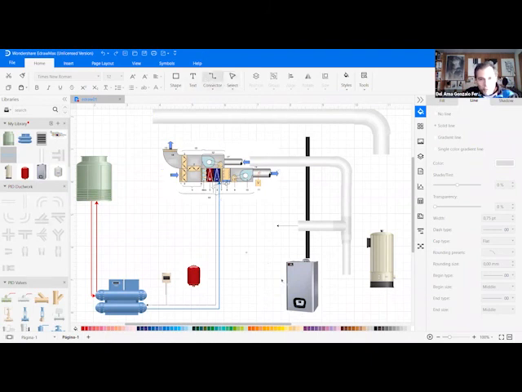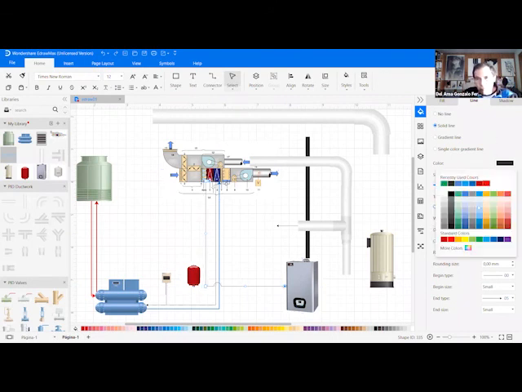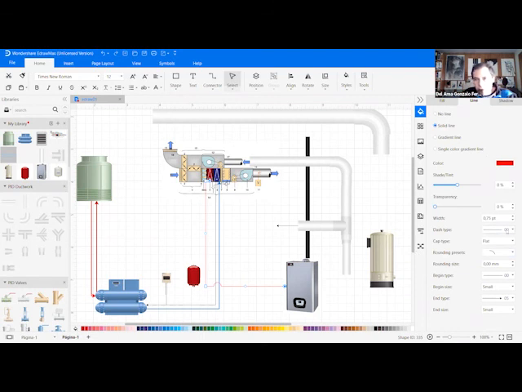If I want to connect the boiler to the heating coil here, there you go. And then I can make it red if it's a red thing, and I can change here